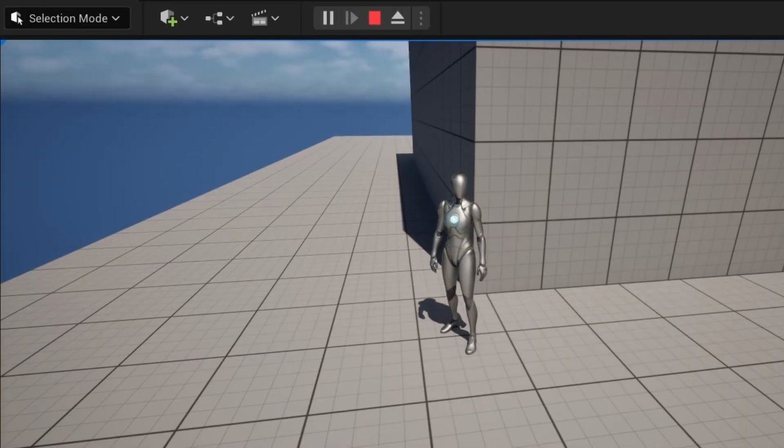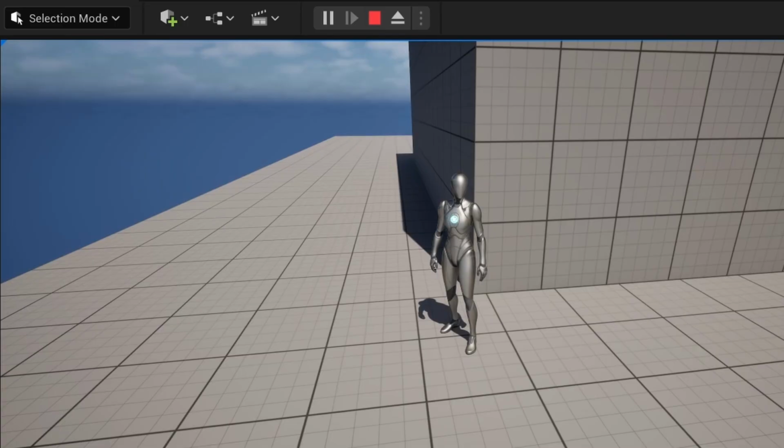Awesome. Alright, in terms of the main wall running system and logic, we're pretty much done. All of the code that makes the character wall run is complete, other than the animations, but we'll get to that later. Right now, we're going to work on adding the option to turn off automatic wall running. So you have the option to require the player to press a button or a key for the character to